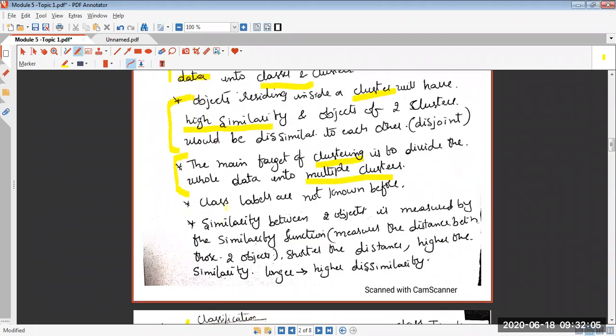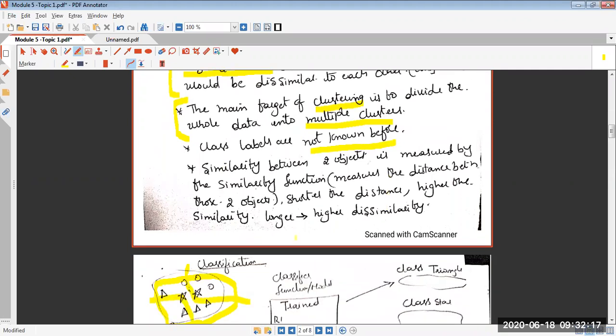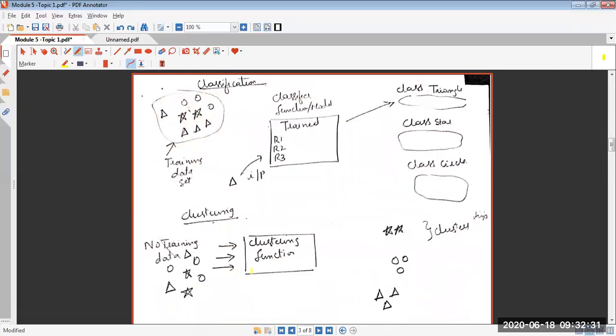The next point, you can see class labels are not known before, meaning that neither the algorithm will know the class label nor you will be knowing, the data analyst. Okay, they'll not be knowing what is the label. Okay, so based on the nature of the data inside a group, inside a class, it will decide. Okay, what will be the best label for this class? Okay, the algorithm will decide. So that is what I have indicated in that point.